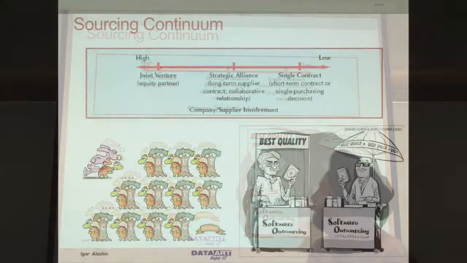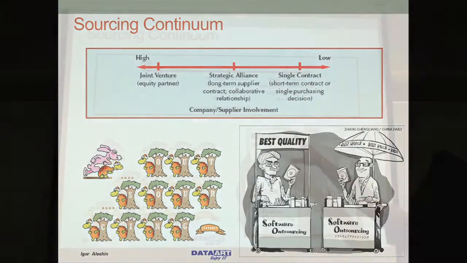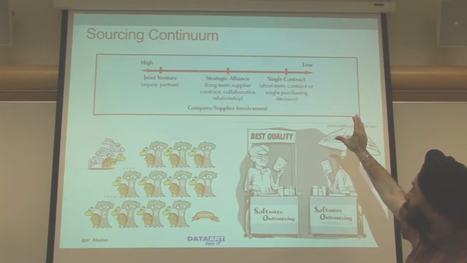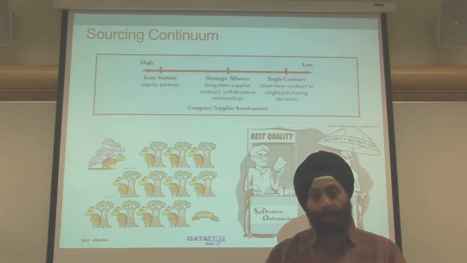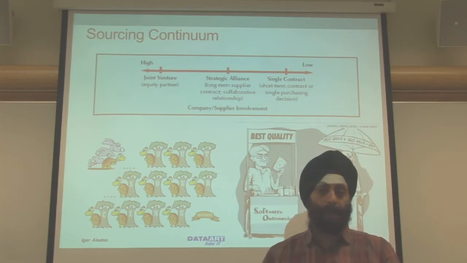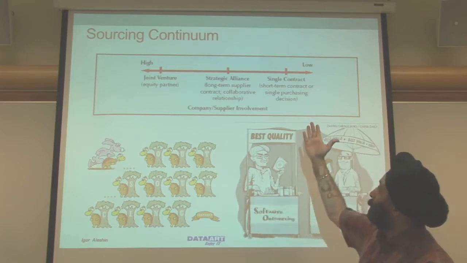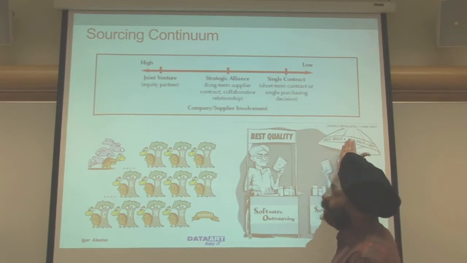Outsourcing continuum, how companies outsource. If you think in terms of all the way from minimal outsourcing, which will be a single contract, a one-time effort: normally we produce everything at home within the company, but just this one time we need to get some aspect or some portion of our production, or components, produced outside. That is a single contract, short-term contract or single purchasing decision. So it could be as minimal as that, all the way to